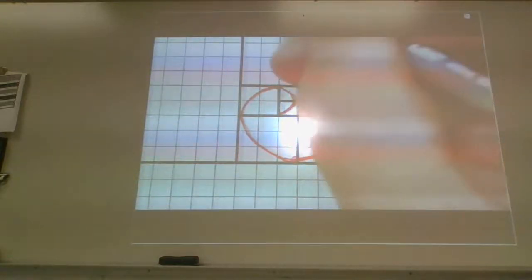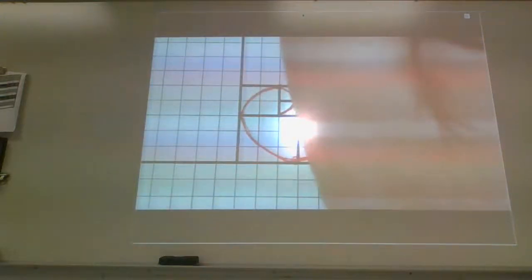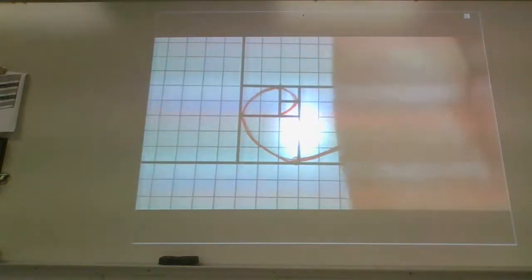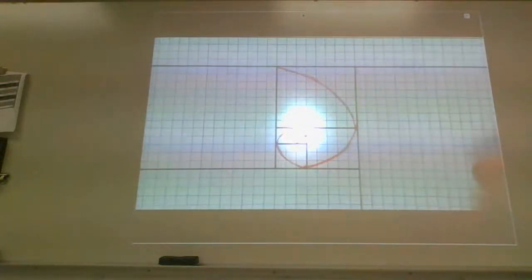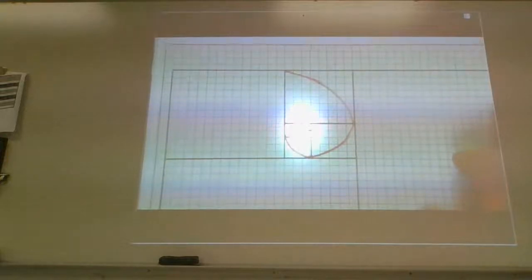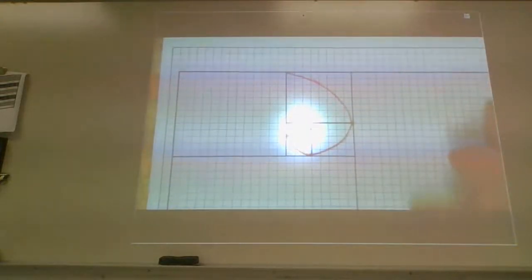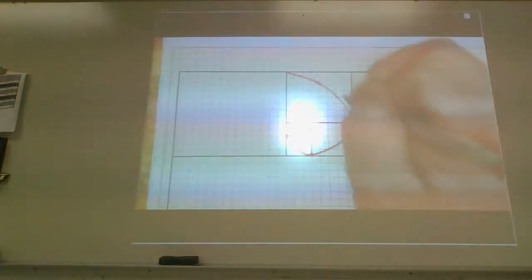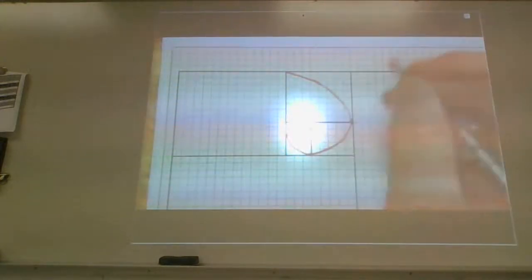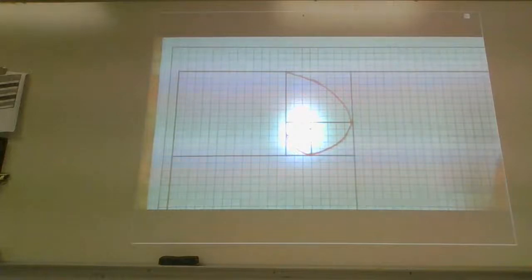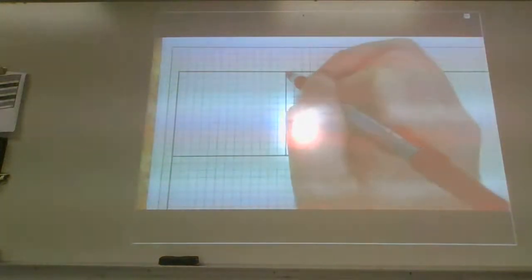I'll curve it through there as best I can. Obviously, if we had the proper tools for doing this, that would be a different thing. But what I'm just basically giving you is a rudimentary understanding as to what this spiral actually looks like. This is known as the golden rectangle, otherwise known as the golden spiral. I've also heard it referred to as the Archimedes spiral, but that's neither here nor there.